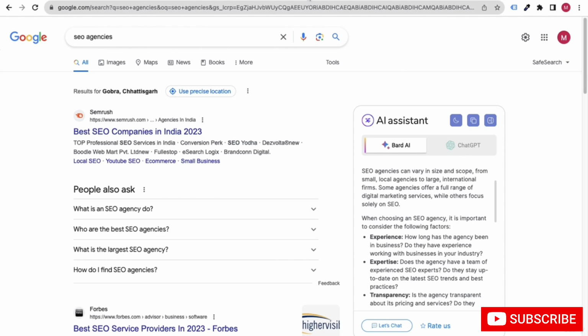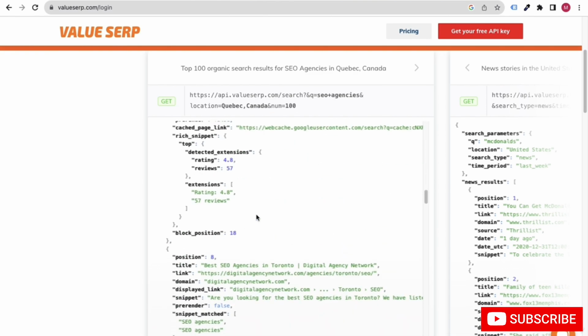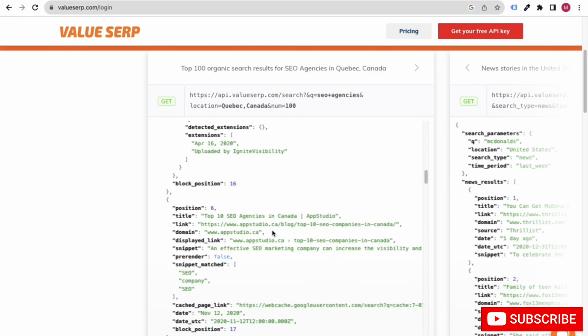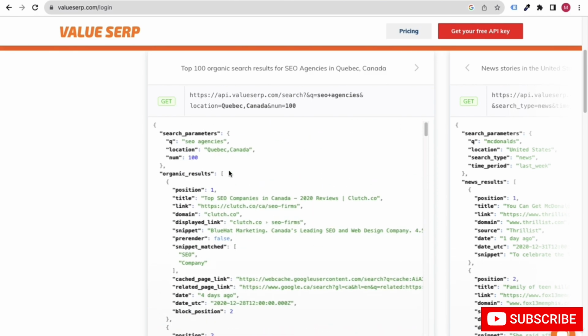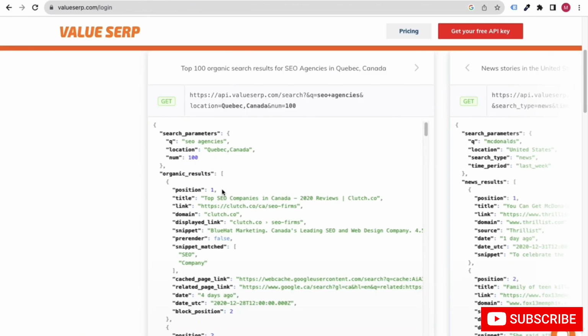The title of that website is this, top SEO companies. Like that, it will show you the top 10 or first page results, right? So this is one API that will help you fetch the top websites whenever anyone searches for any keyword. Okay, so the top websites this API will display. So this is one API by Value Serp.